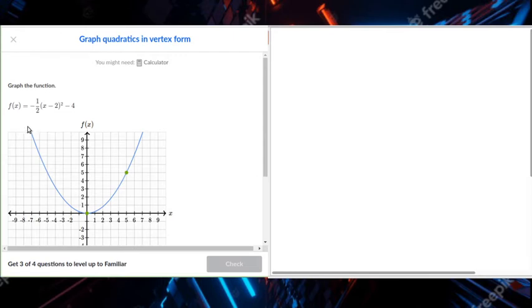So graph the function f of x is equal to -1/2. Let me write that out. f of x equals -1/2 times x minus 2 quantity squared minus 4. And you'll remember that vertex form looks like